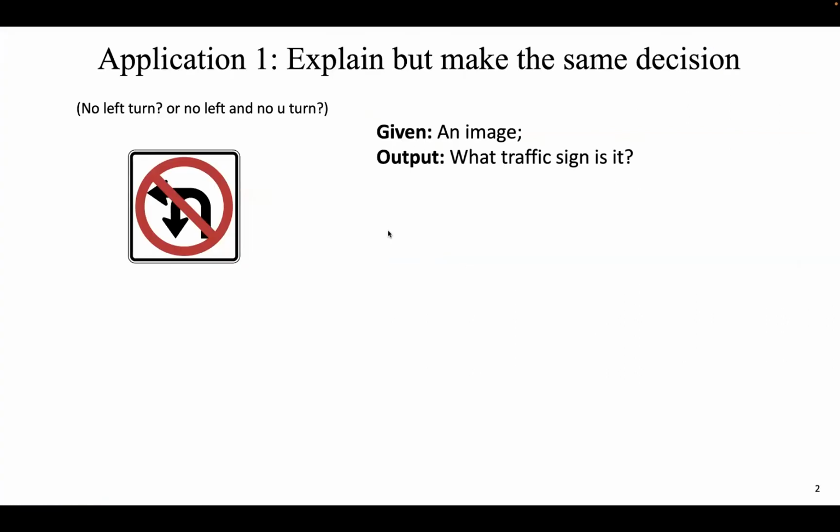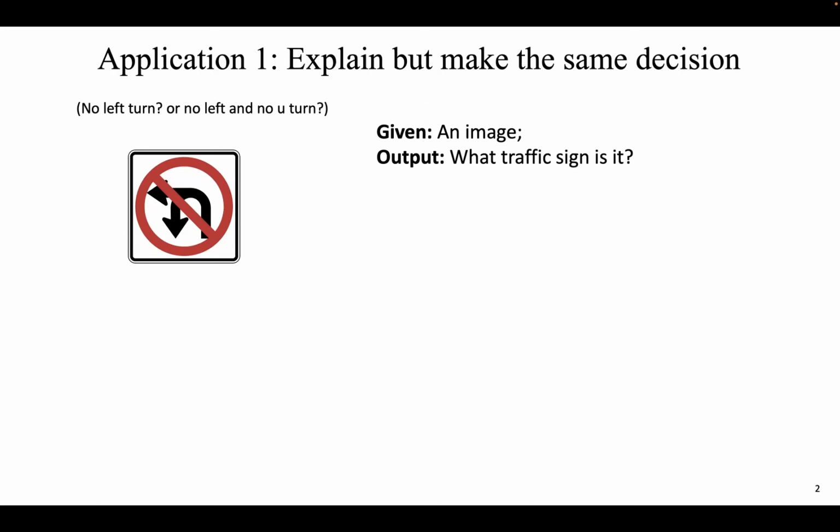So the problem I'm going to present algorithms for is called the constrained most probable explanation problem. Our work on this task is inspired by applications in explainable AI, or XAI in short. More specifically, application one is about finding explanations such that the decision made by a discriminative model does not change because of the explanations provided. In other words, the task is to find explanations that conform to the discriminative models. So let's look at an example.